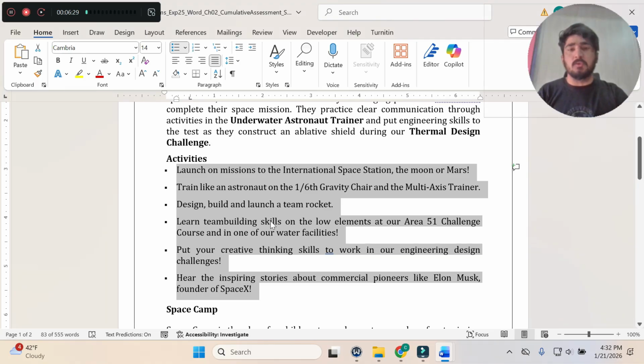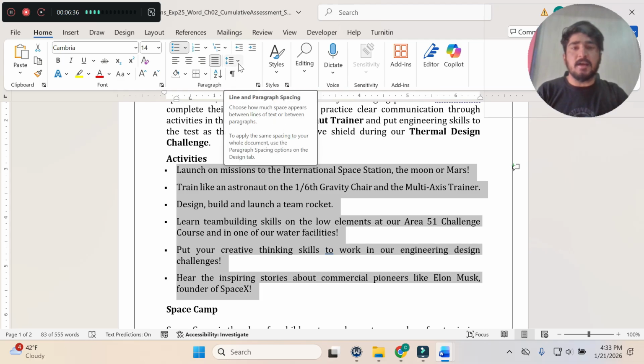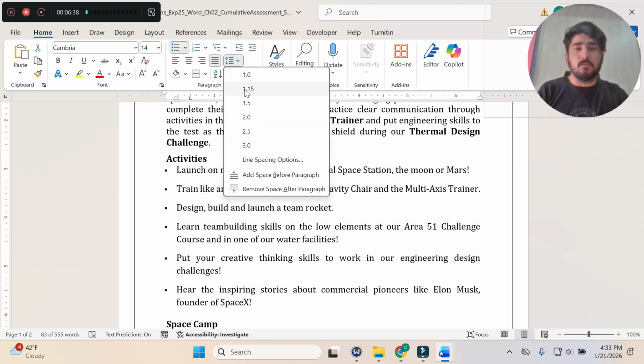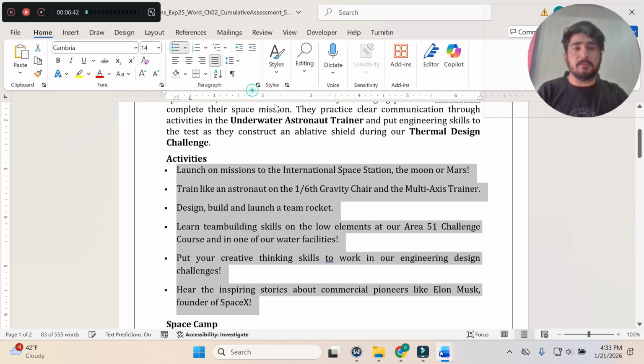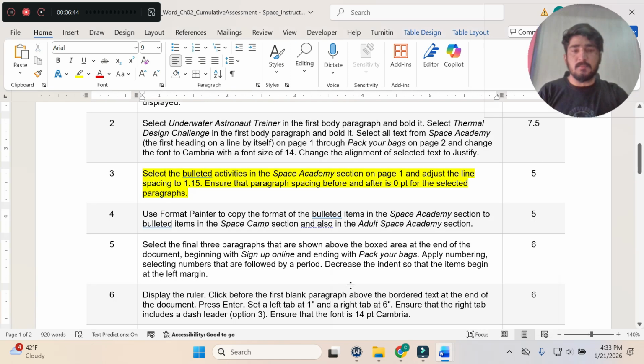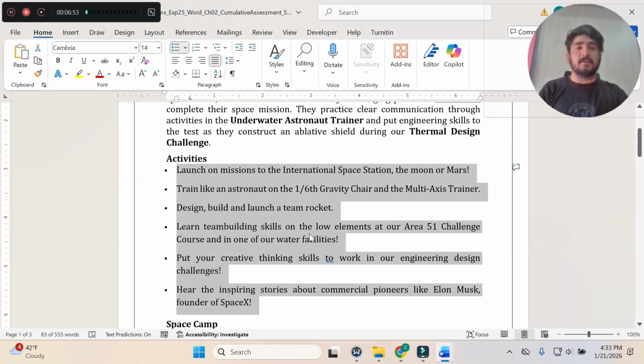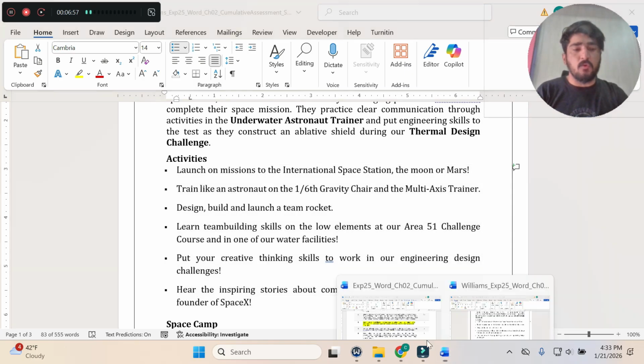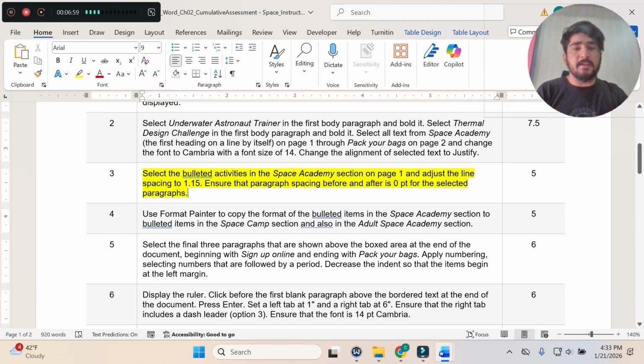So select this bulleted paragraph, then go to the Home tab, and in the Paragraph group click Line and Paragraph Spacing. Here we will select the 1.15 line spacing. Next is to ensure that the paragraph spacing before and after is 0 pt for the selected paragraph. So in this point, we will change the before and after spacing